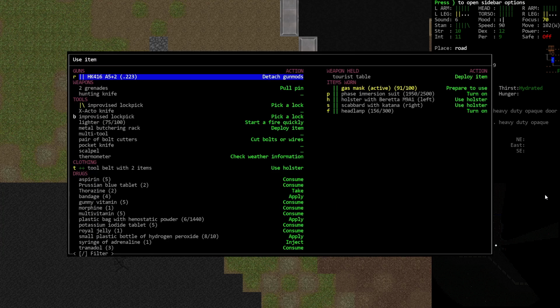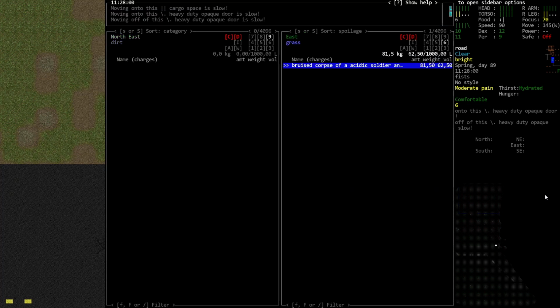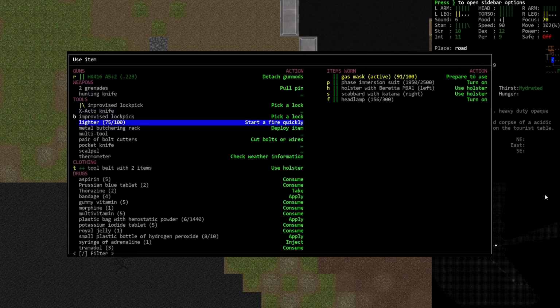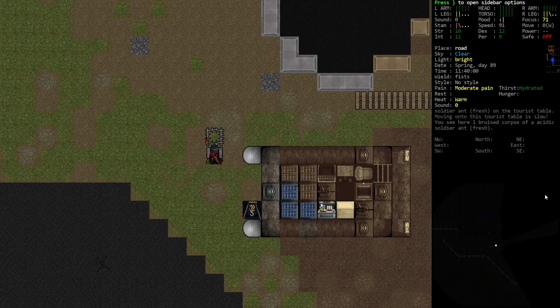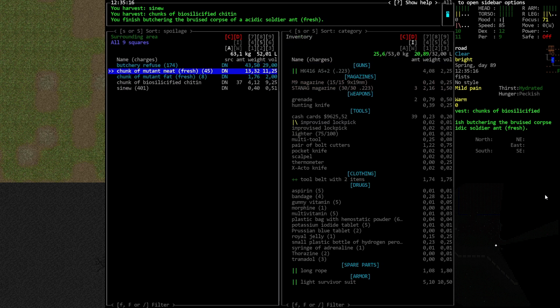So, let's try this again. I activate the tourist table in here. I place that on the table. And then I activate the metal butchering rack, let's say in here. Then I do this. Okay, this works now. What did I get? Tons of mutant meat and mutant fat. Oh wow! Oh wow, this was actually really good. 37 chunks of biosilicified,